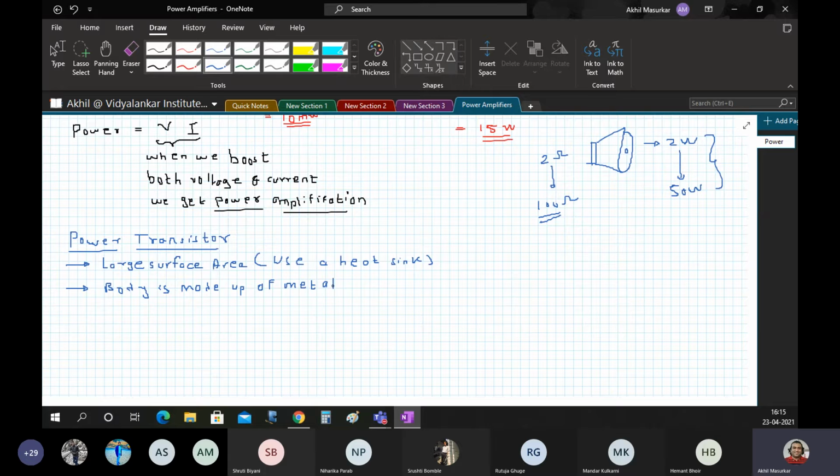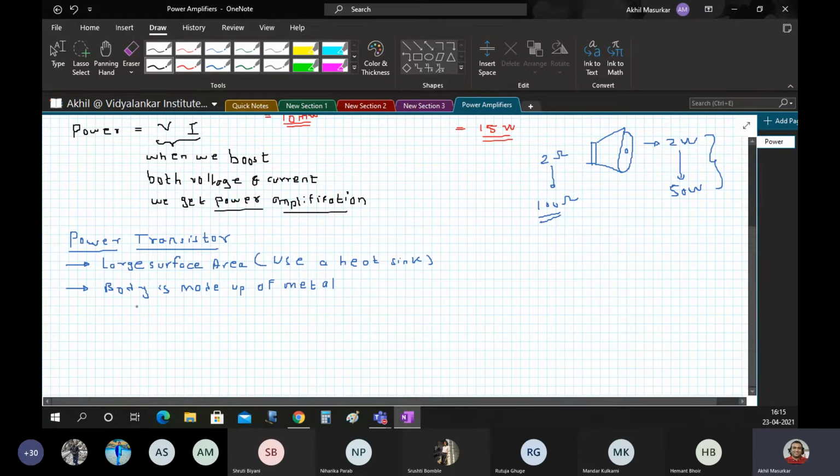Okay, I mean you can make a power transistor, but as an engineer you should know, once you start using this power transistor, what are the problems that you will face and how to get rid of those problems. So the first thing that you will encounter is heat. So how to get rid of heat? Use heat sinks. Okay. So this heat is going to be a problem, and I will just list down the ways in which heat travels.